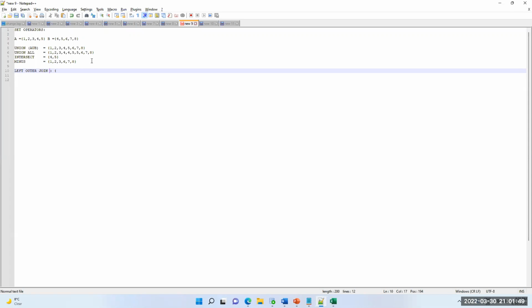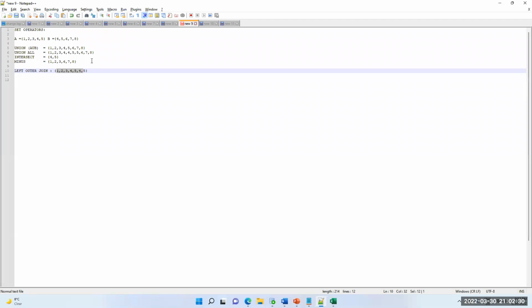And see here, left outer join, what does it do? Left outer join means full records from the A set and matching records from the B set. That is what left outer join is. Okay. 1, 2, 3, 4, 5, 4, 5. This is the result set. For your understanding I'm telling you, the matching records will not return 2 times actually. Only 1 time it will return. If it returned duplicates, that would be duplicate records. So matching records from the B set and full records from the A set. That is the requirement here.